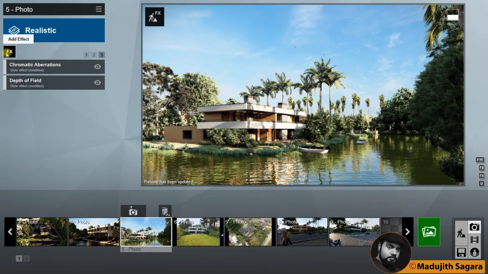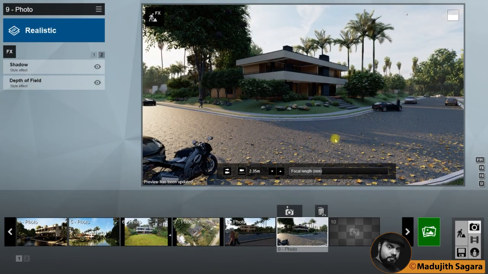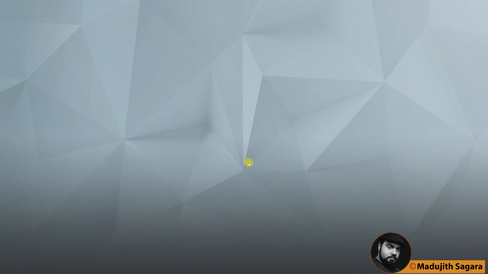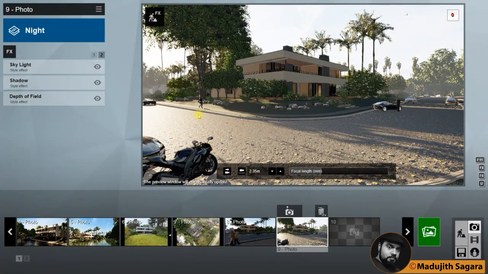Then I will teach you the way of rendering a night image also. When you are going to do some night rendering, you have to add the night effect to your model also. It means you have to add some internal and external lights. Okay, first of all I will do it without any night effects. That is okay. Here, this is some sort of night effect. You have to wait.